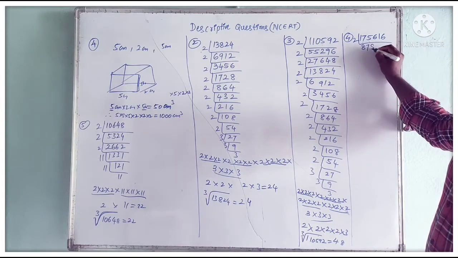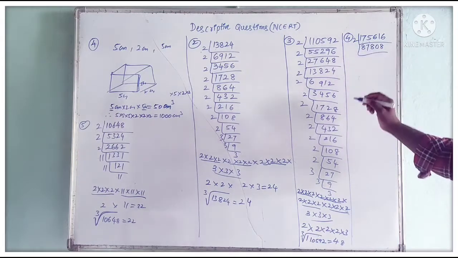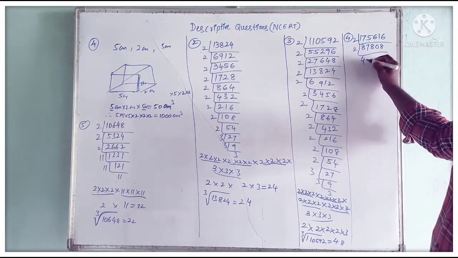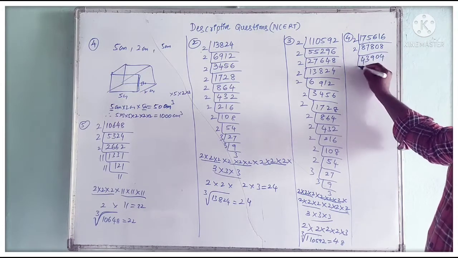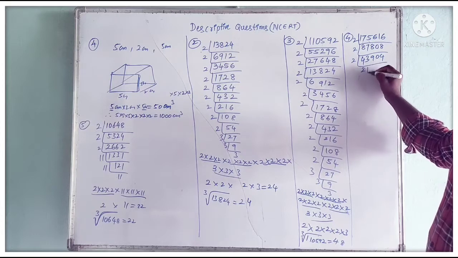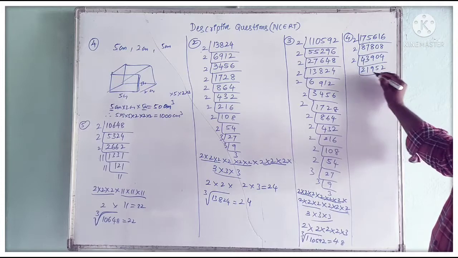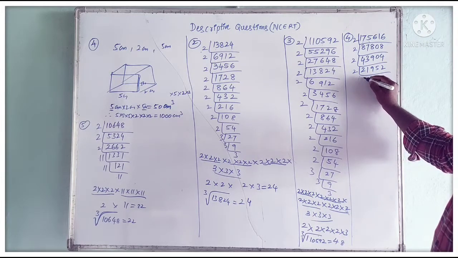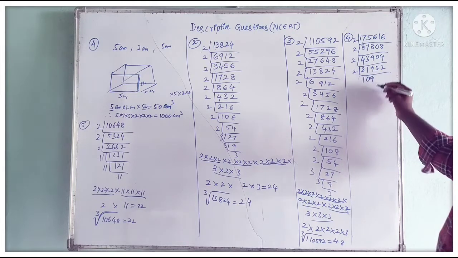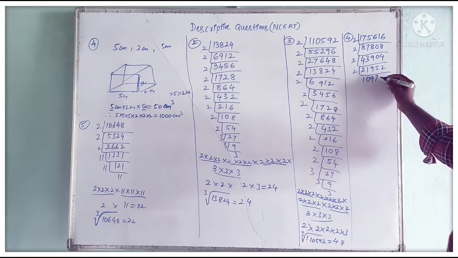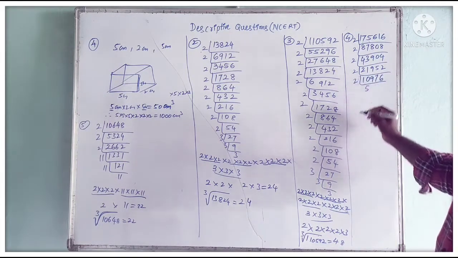Okay, 16, 2 8s are 28 zeros. Okay, next 2 table, 2 4s are 8, 2 3s are 6, 2 9s are 204. Next 2 2s are 4, 2 1s are 2, 2 9s are 18, 2 5s are 10, 2 2s are. Next 2 table, 2 1s are 2, here 0, 2 9s are 18, 15, 2 7s are 14, 2 6 are. Next 2 5s are